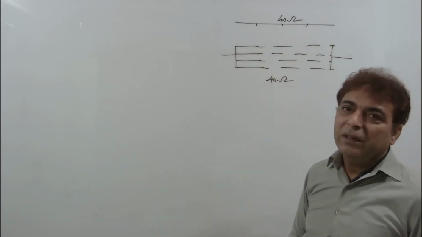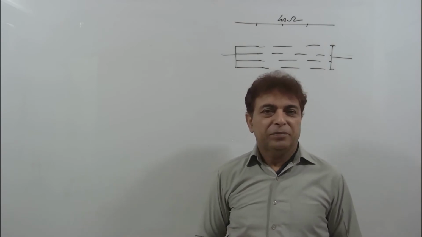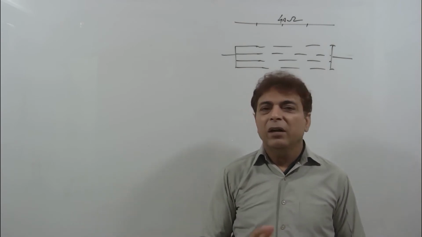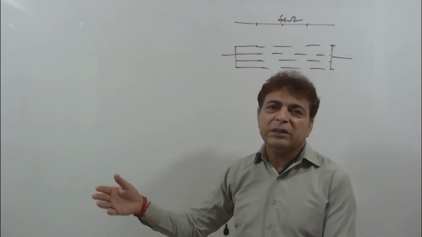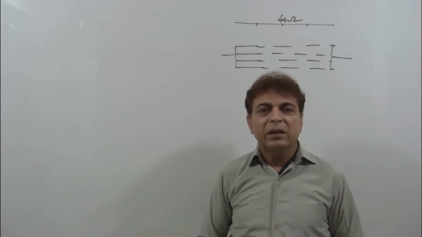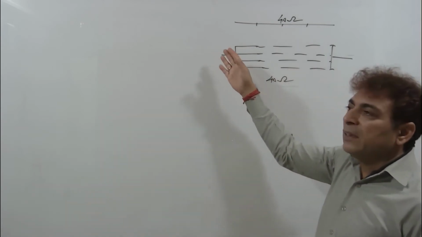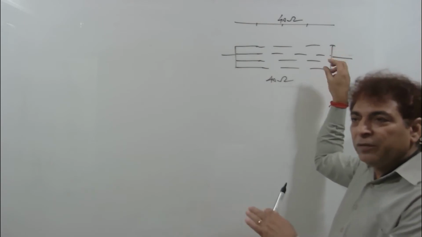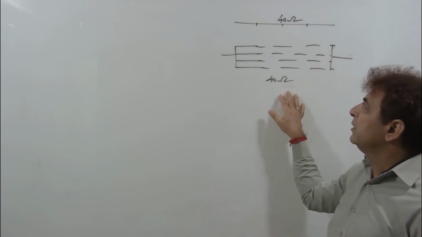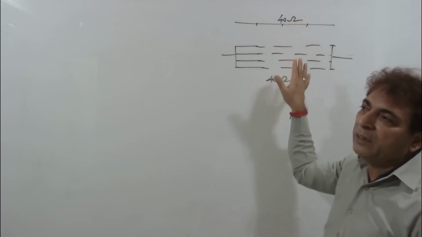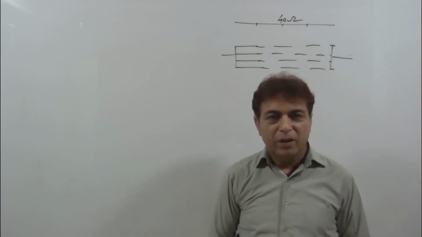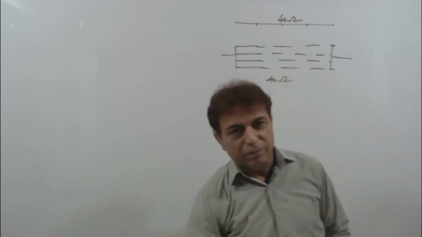और एक खास बात, it's not necessary that these parts may be equal. They may even be unequal. एक half है, एक 1/3 है, 1/6 है, ऐसे there are number of parts and all the parts are stretched to the same length. Now all of them are connected in parallel. The resistance remains same. जितनी यहाँ थी उतनी यहाँ पर होगी।